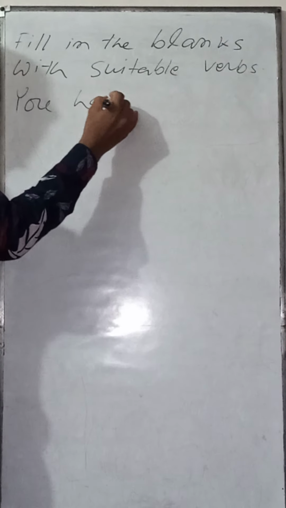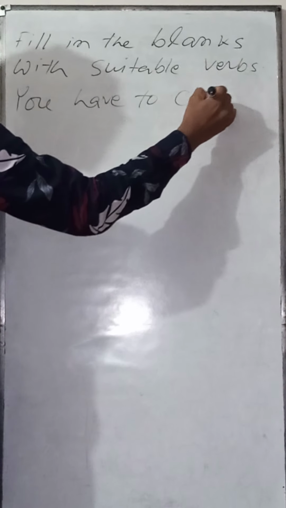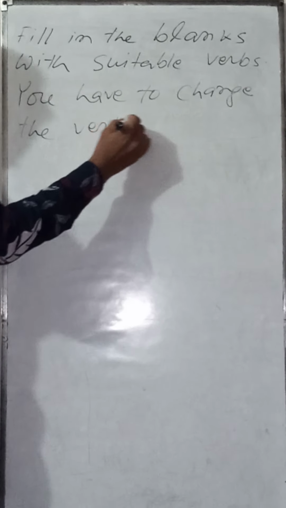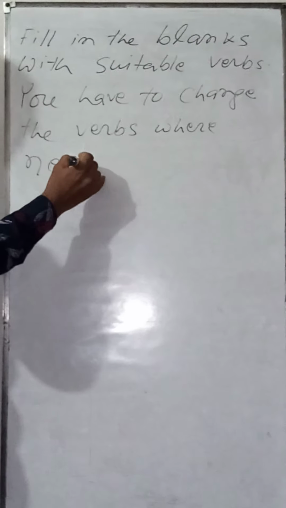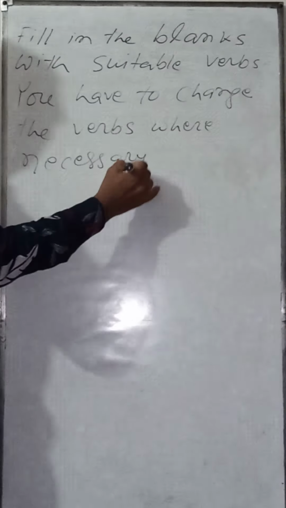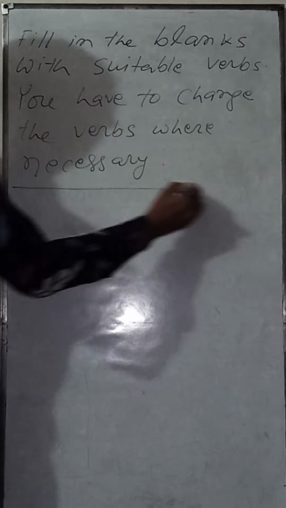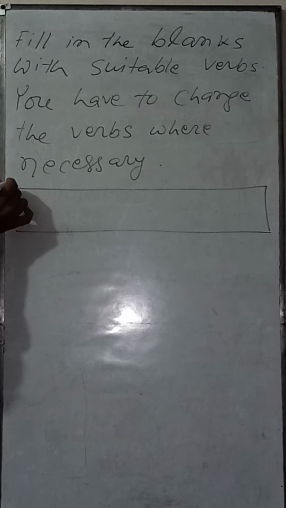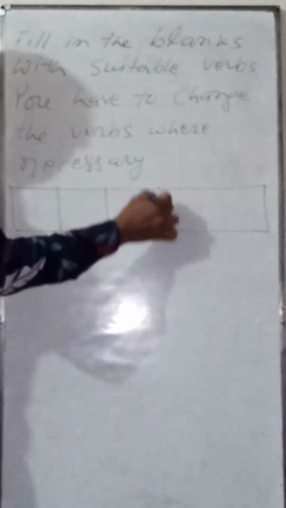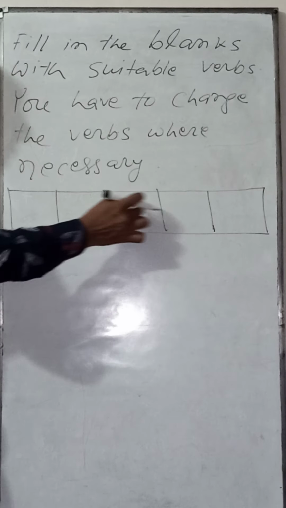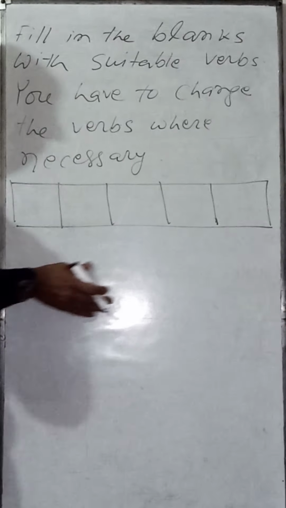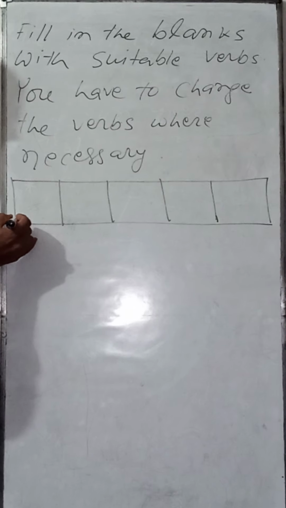You have to change the verbs where necessary. And you will find a box, and you will find some verbs there, and then you will find a passage. For example,